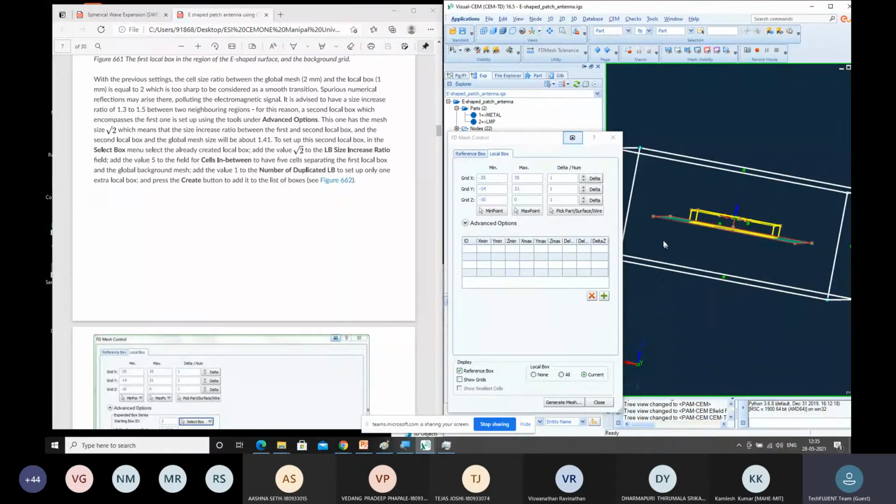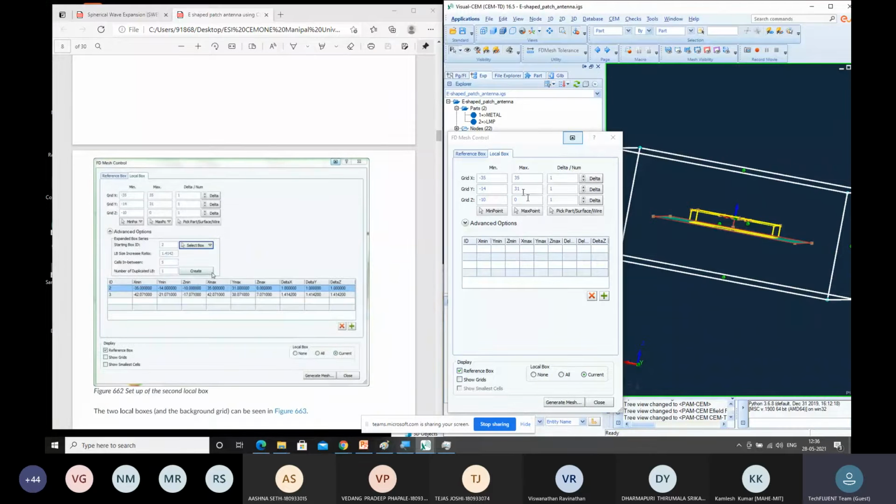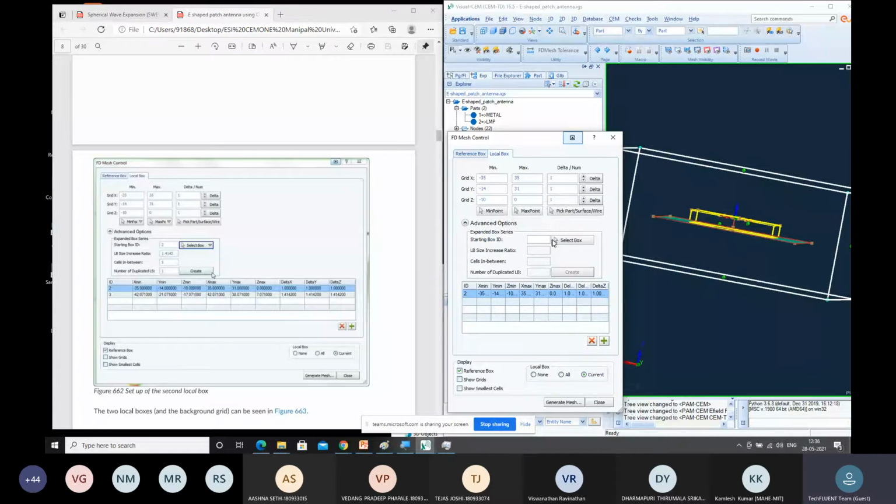Okay. So now what we have to do is get these parameters into this, and we have an advanced option also. There you can select box 2 and increase ratio. You can put it as root 2 so that the proximity level will be covered up.